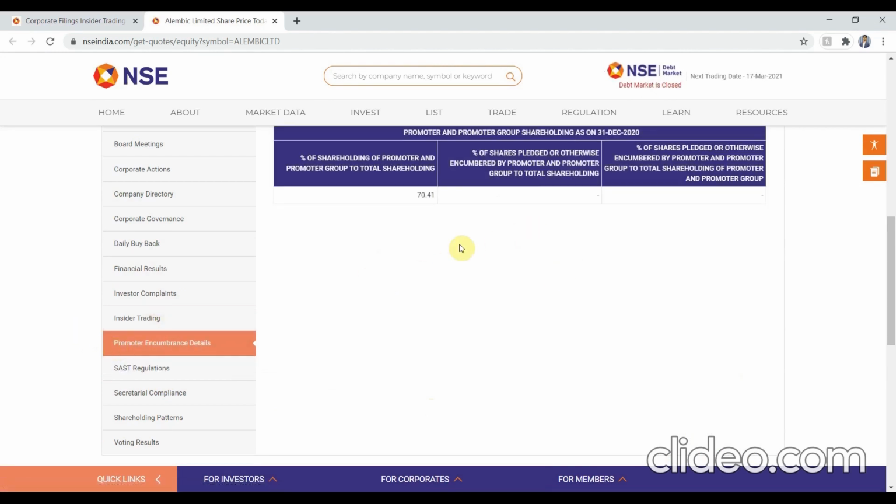Pledging is 0%. Okay, now one more important thing to note down here is that it is also possible that the information of the percentage of shares pledged might not be available on the NSE's website. So when that's the case, I consider it to be 0%. You guys have the option to check other third-party resources, but I do not recommend that. I trust only the data from the NSE's website.